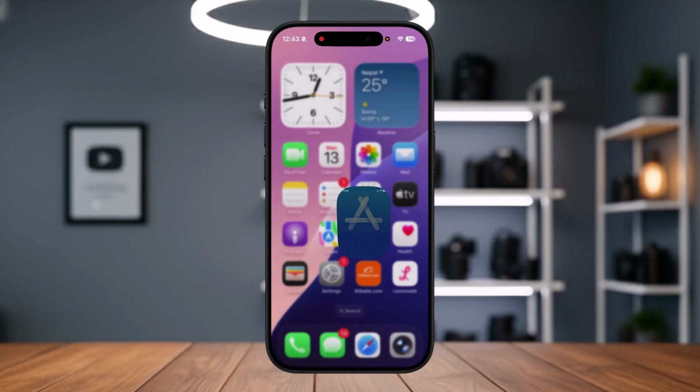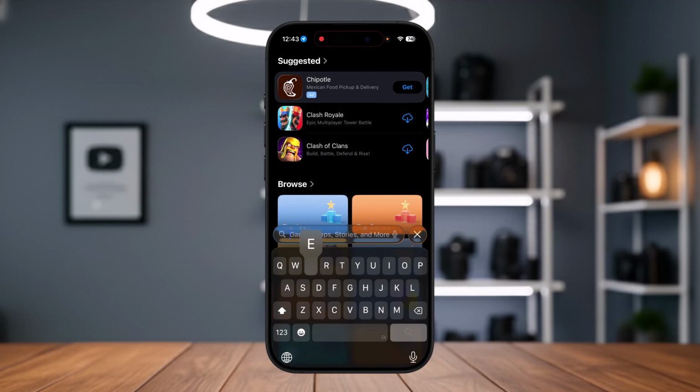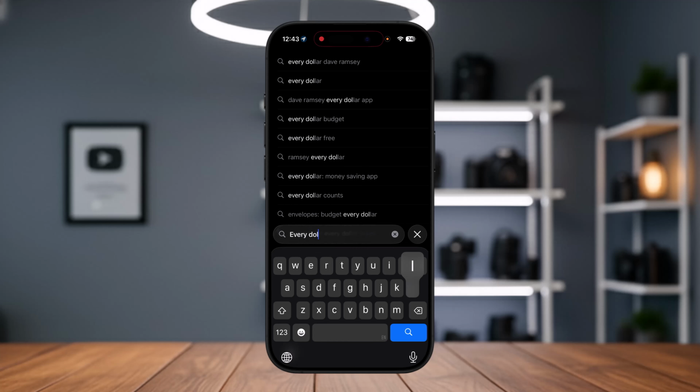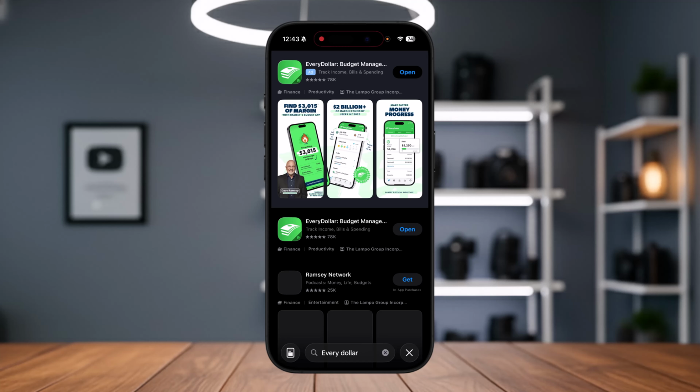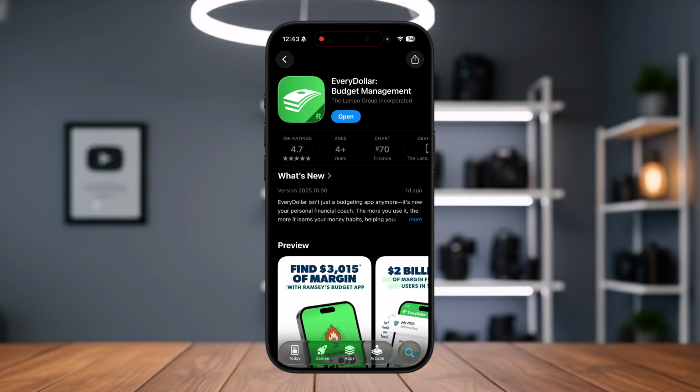First things first, what I want you to do is simply go ahead and open App Store and search for EveryDollar, just like that. And once you do that, simply go ahead and tap on the first application that is going to pop up right over here. So it's going to take a little while. There you go. Simply go ahead and tap on this application, download and install it onto your device and tap